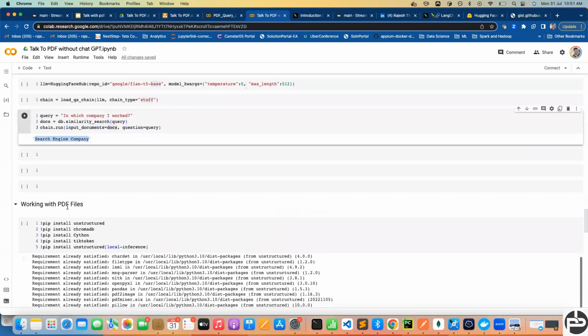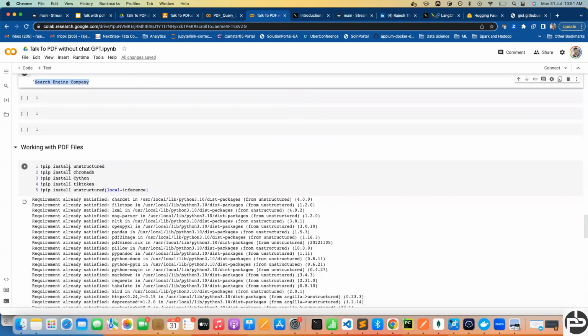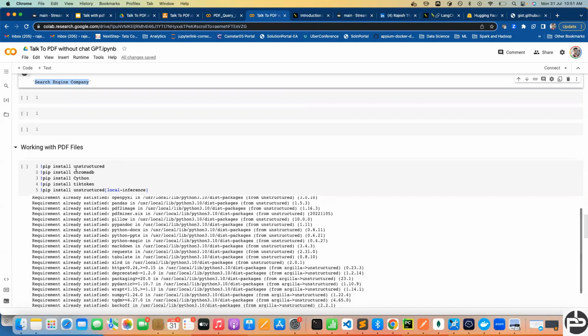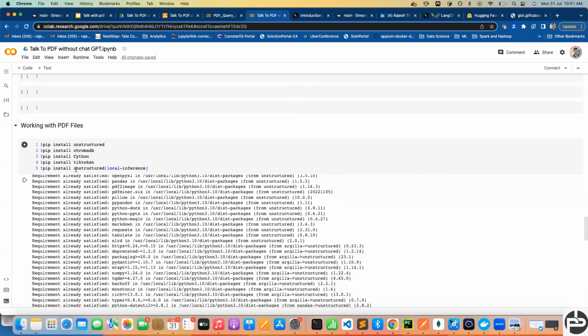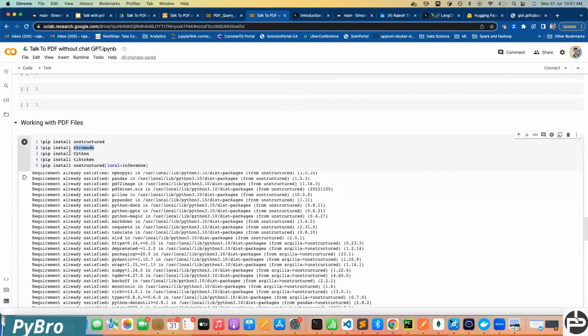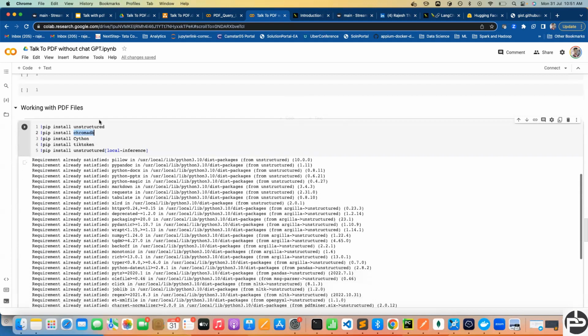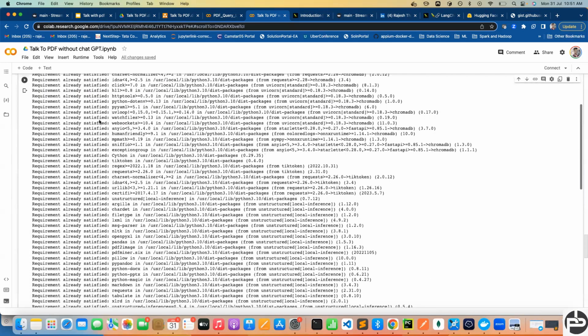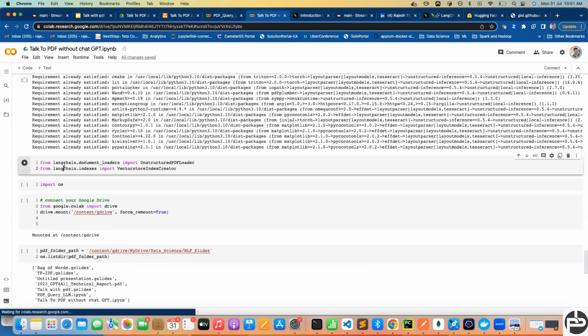Now, as I committed, how we can do the same thing with PDF data. If you are able to do it with the text data, then PDF is also the same. It's a part of the text. So at the end we have a library called PyPDF, which will convert your PDF into text. So at the end we are doing the same thing, right? Here we are going to store in ChromaDB. We are going to install ChromaDB, again, it's open source. ChromaDB is just to store your embeddings and all those sorts of things. So we are going to install it and we are going to